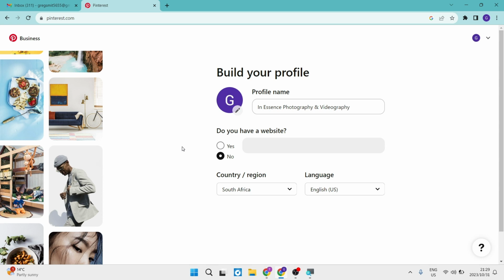If you want to advertise on Pinterest, then this is how you go about it. First of all, you're going to sign up to Pinterest. You're going to create an account, and once you've done that, you need to convert your account to a business